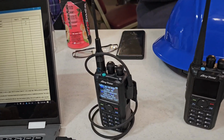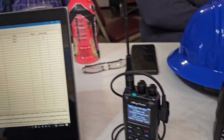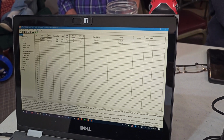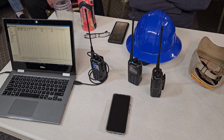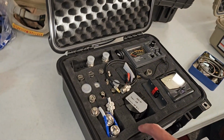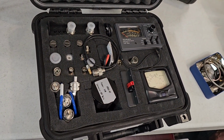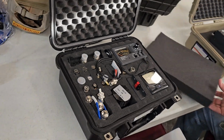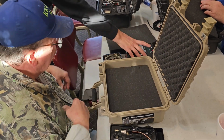One of the other things we've done recently, of course, again, we try to be a fairly active club, is we have what's known as hands-on with LCARA, and we do these the third Monday of every month, and we get together and build a kit or teach the various kinds of soldering skills or antenna building or just whatever it might be. And on this particular evening, we were programming some radios, as you saw there,